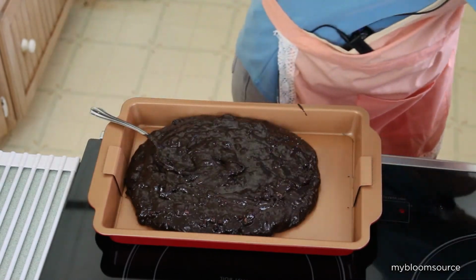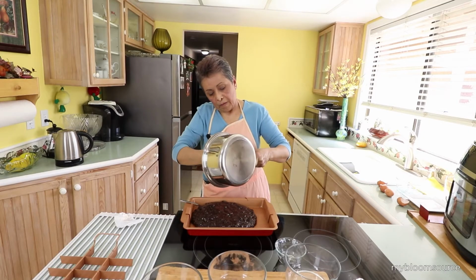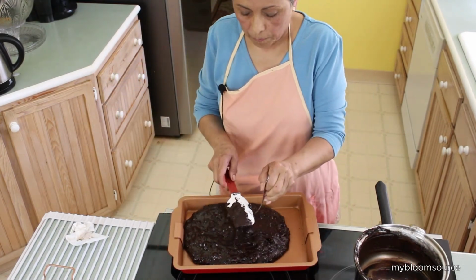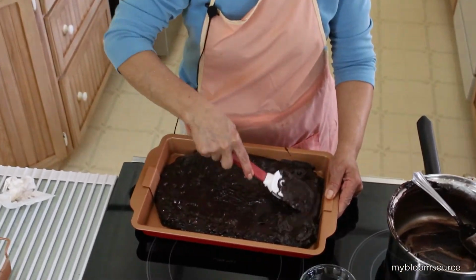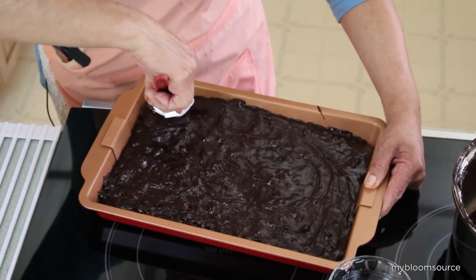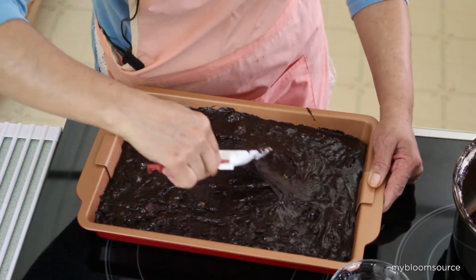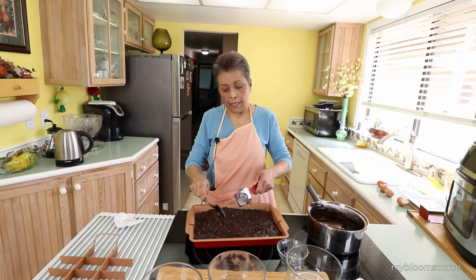I usually use this spatula because it helps me to get everything from the pan. You see? Okay, so what we want to do, we want to spread it out really nice. Okay, we spread it out to fill each corner really good. Right there. I don't want to leave anything in the...